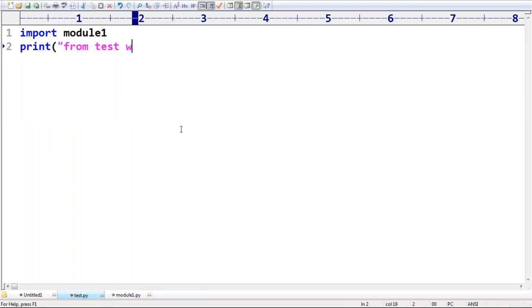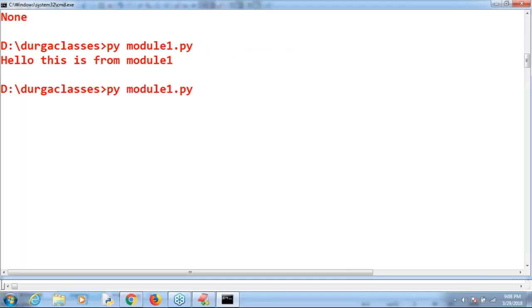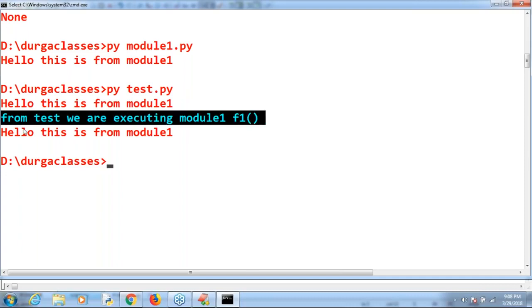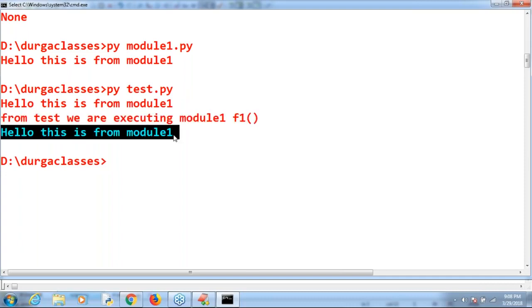From test, we are executing the module1 f1 function. How can I execute it? module1.f1. Now I want to execute py test.py. Have you observed? So, hello, this is from module one. From test we are executing module one, and it prints hello, this is from module one. I hope you people are able to understand, right?